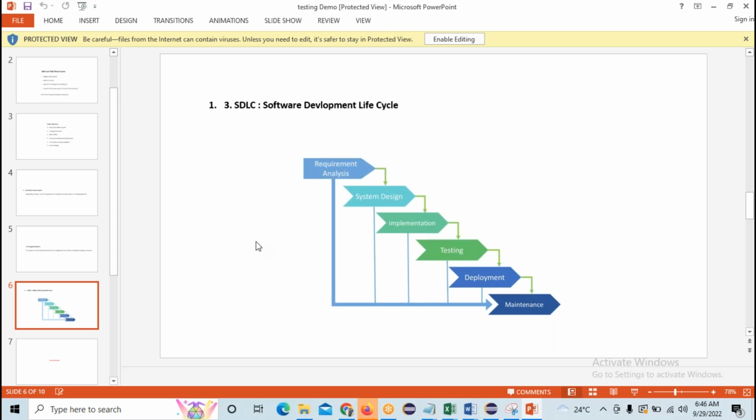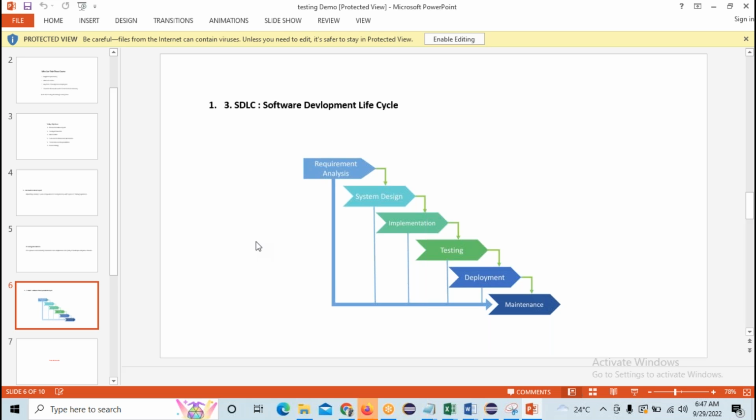So I will take a real-time example and I will tell you. For example, now the builder is willing to construct an apartment. Before going to construct the apartment, what does that builder look at? He will see what requirements are needed to construct that apartment. Once he has collected all the requirements, which material has to be used, which iron, which sand, normal sand or robo sand, which cement has to be used. That has to be collected by the builder, right?